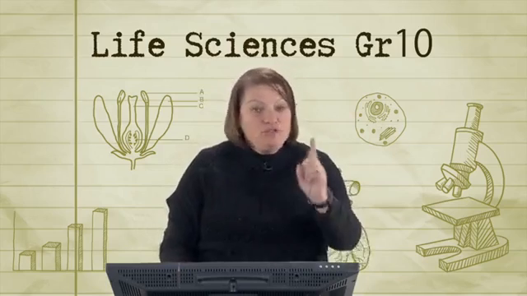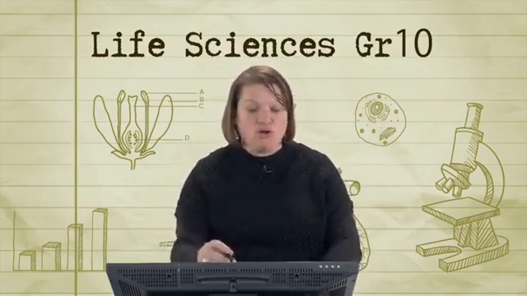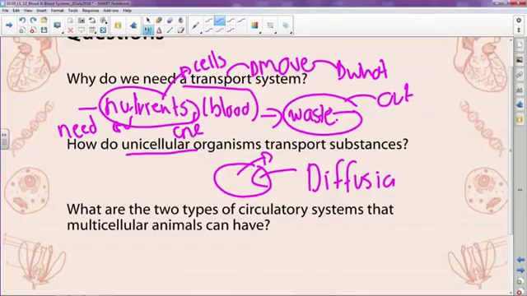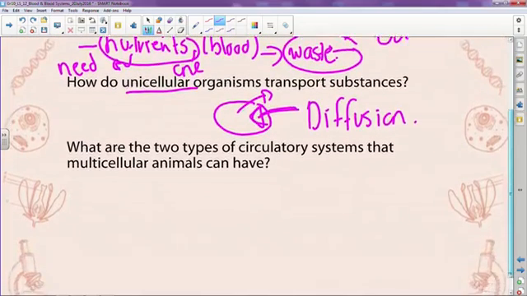Now, how do unicellular organisms transport? Imagine it's one cell. It needs to get things in and it needs to get things out. And how does it do that? It does that by the process of diffusion. Well done. Diffusion is movement from a high concentration to a low concentration. So it's nice and simple, it's quick, these are little unicellular cells, so it's easy, it doesn't need to have